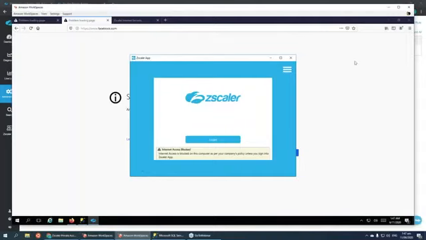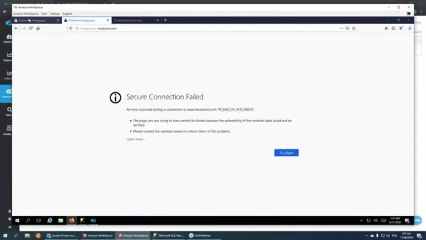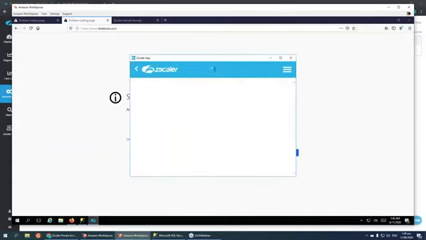I can show you the perspective of what Alice would see. Here I have a workspace instance with Zscaler installed, and one of the cool things about this Zscaler app is you can install it in strict enforcement mode, which means that if the user isn't logged in to Zscaler, they won't be able to access the internet. We can see here that I wasn't logged in, and if I try to access Google or Facebook, I won't be able to. But if I log in,